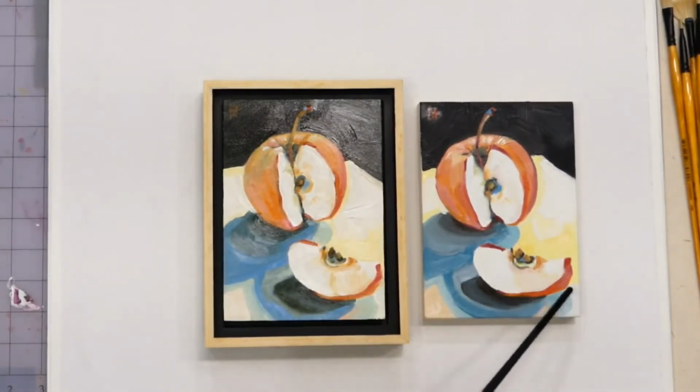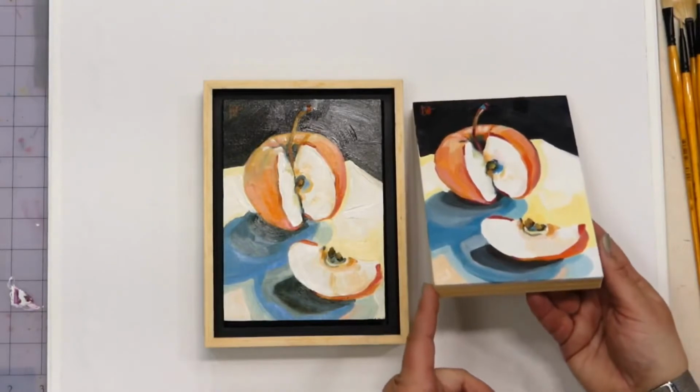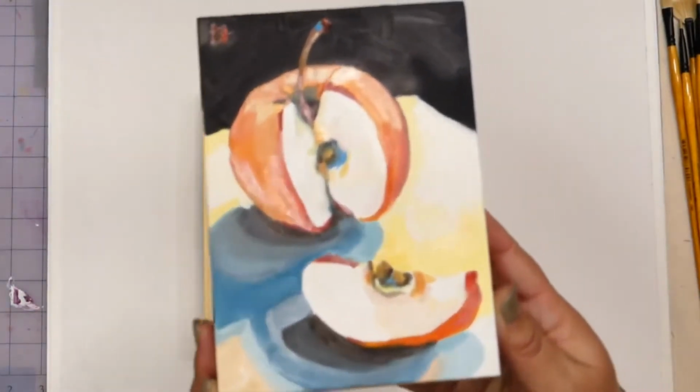So I got a little brighter in some of the areas with that because I really liked the color to it. But everybody's always so worried that water mixable oils really aren't the same. You can't get the same results, that it's not traditional. I mean, you can see that, I'm gonna hold it up, Katie,